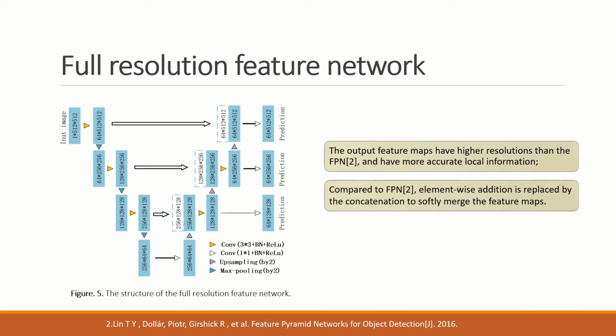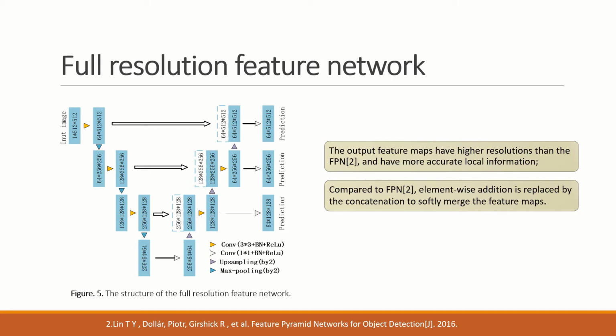In Fast RCNN, all the candidate boxes share the same feature maps. Then some researchers proposed the FPN. Boxes with different sizes are estimated by different feature maps. This is because for the small boxes, local information is very important, which is lost in the high-level feature maps. However, in FPN, the output feature maps cannot achieve the same size as the region image, so the local information is still defective. To get more accurate local information for the small fractures, we introduced the framework of some segmentation